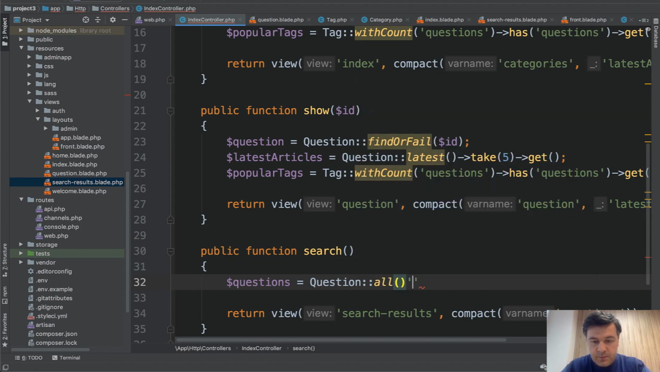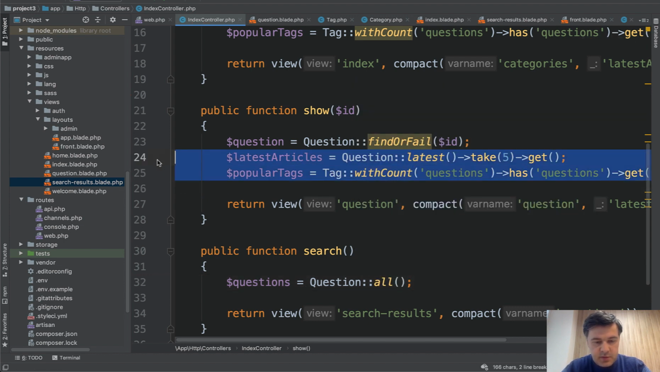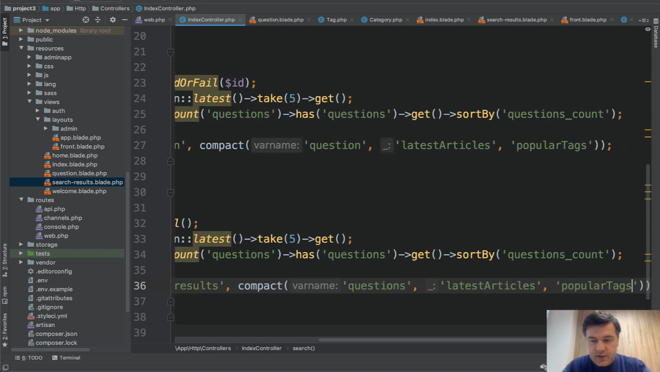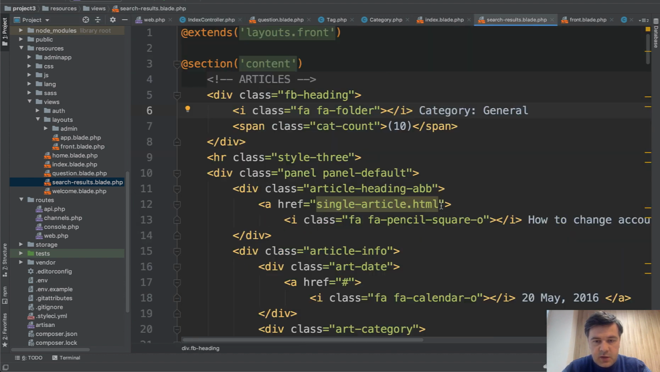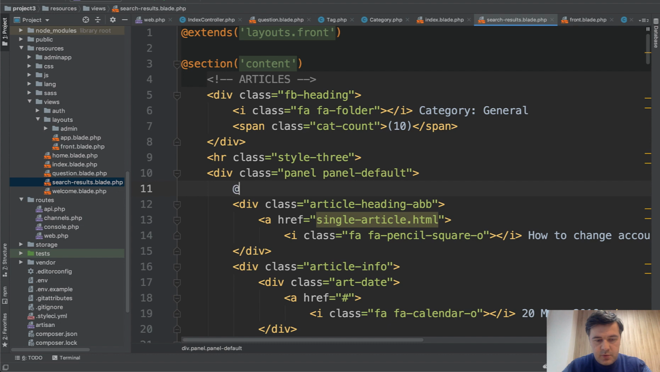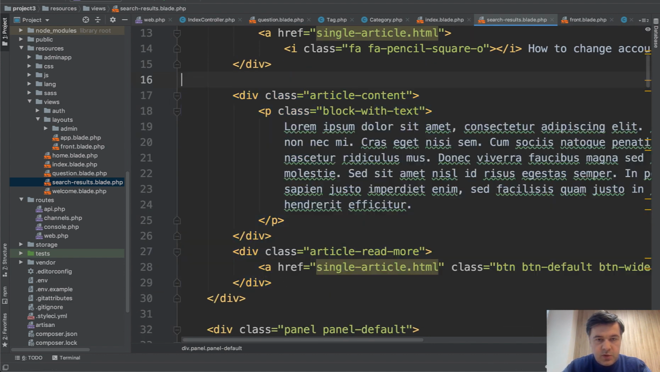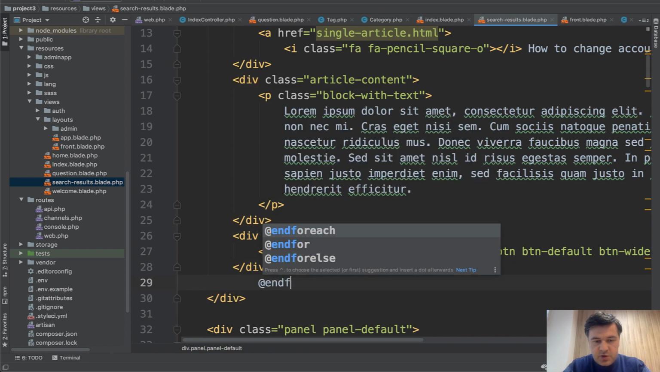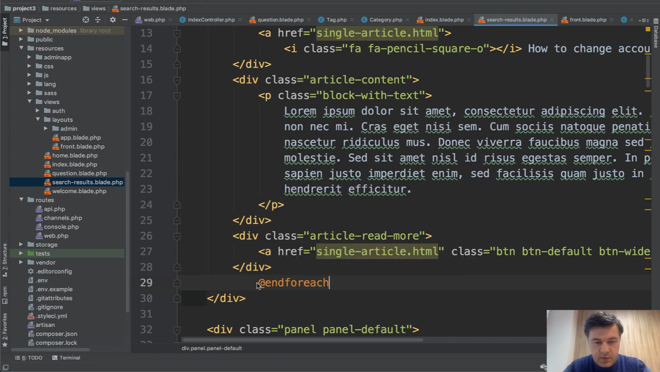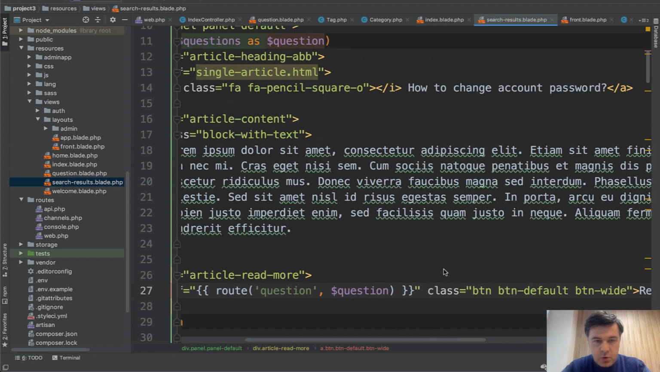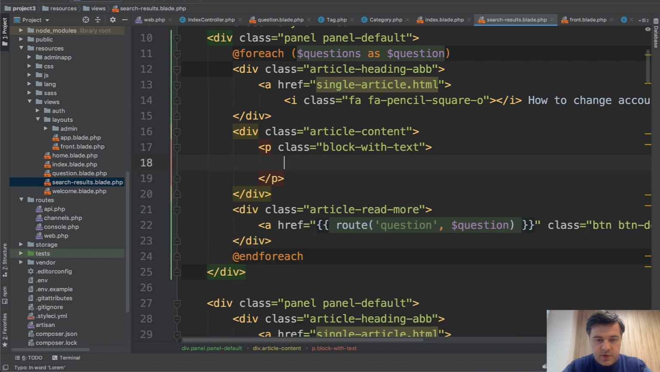For now let's do all, and also let's copy and paste those two, so latest articles and popular tags. And in search results let's change that to for each questions as question. We don't need article info, and for each, like this, and this will be a link to route question, read more,